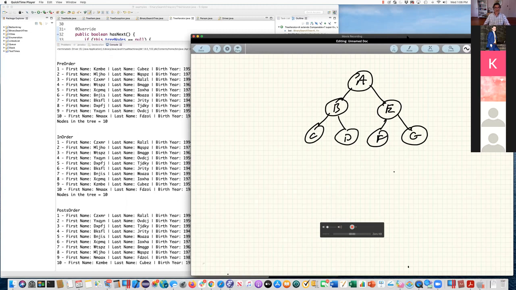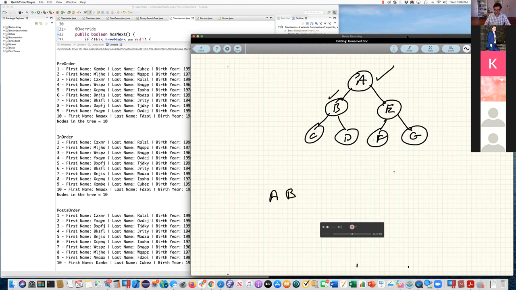If I'm traversing it in order, and this is not in order, if I'm doing a pre-order traversal, remember you visit the root node, you've seen it. Visit the left node, you've seen it.